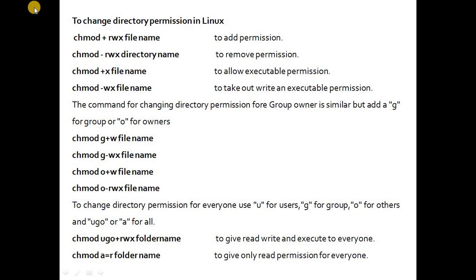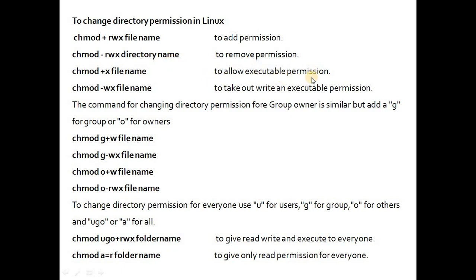Now in this second case, chmod minus rwx directory name. Okay, so this means remove read, write and execute permission for this particular directory name.